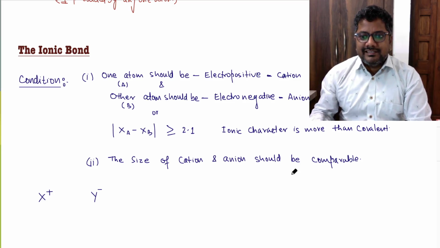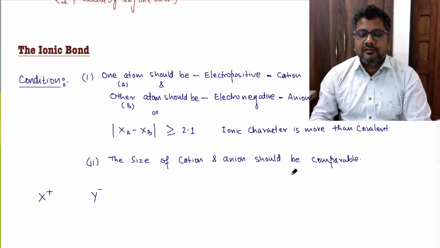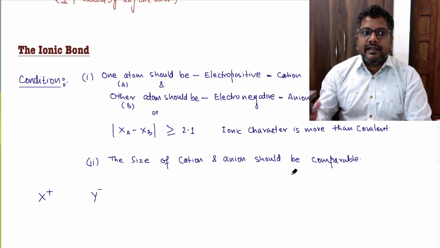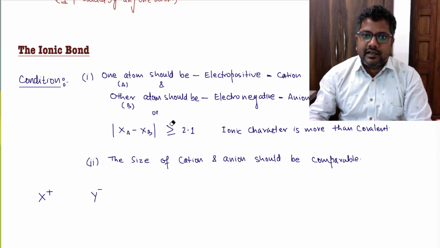If there is a large difference in the size of cation and anion, the covalent character is more than ionic character, right? So we can write,